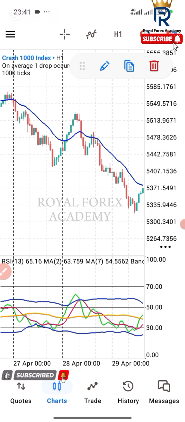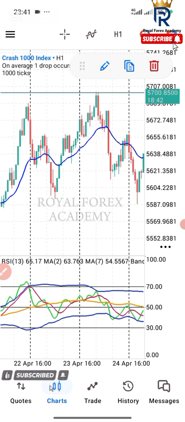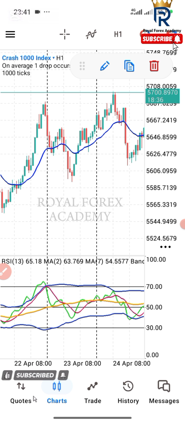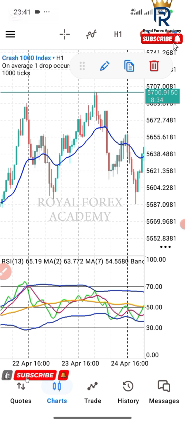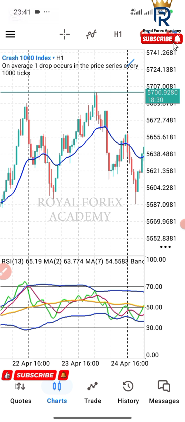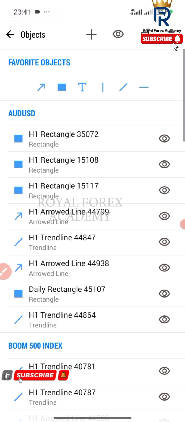You can use this divergence not only for entry, also for your exit. For instance, if you have been in a trade for some time and suddenly you realize that a reversal with divergence plays out, the next thing is do what? You begin to exit your trade. Do you see that? What is happening here